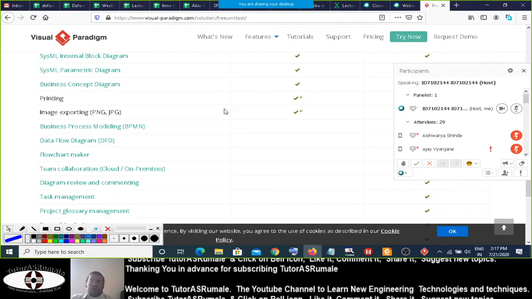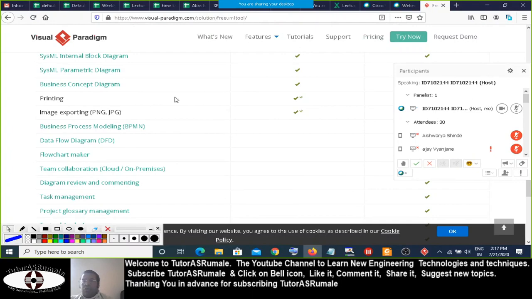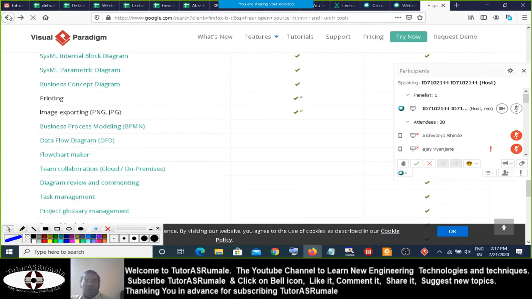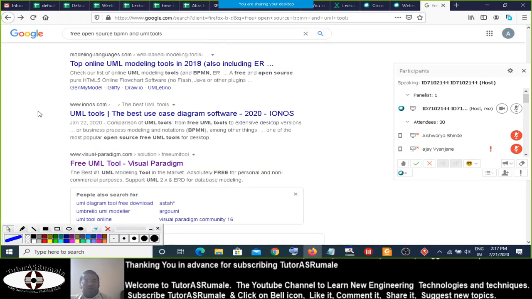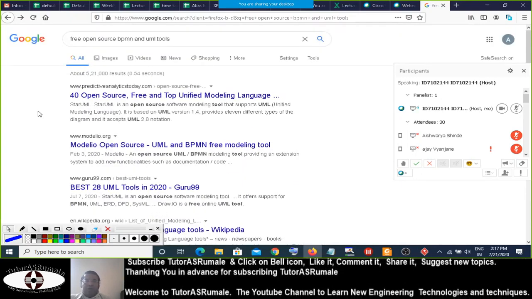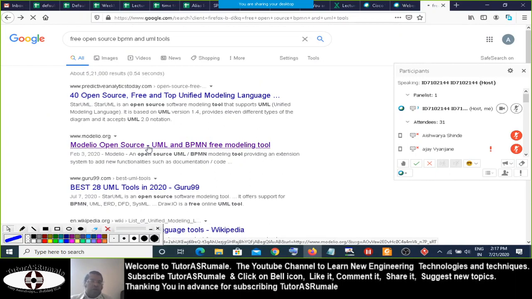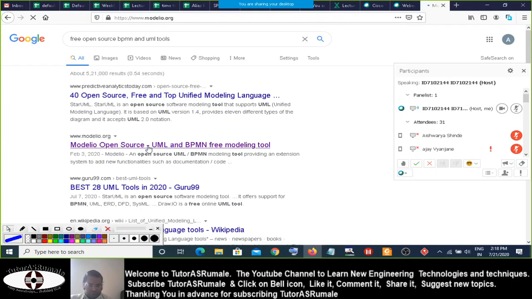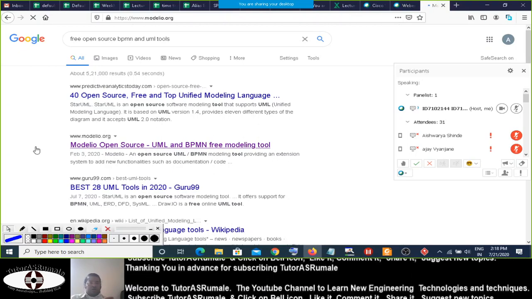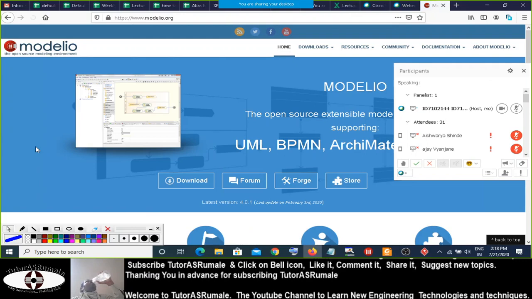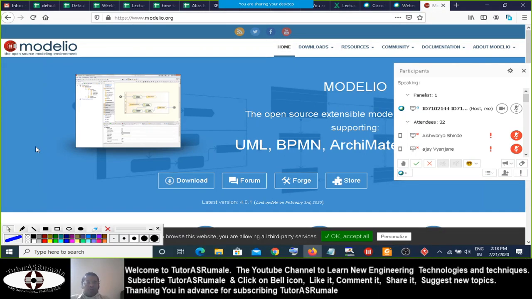So my point is that you should go to modelio.org if you want to create a serious application. If you go to this Modelio website, which is a UML and BPMN free modeling tool, you will get all the diagrams.